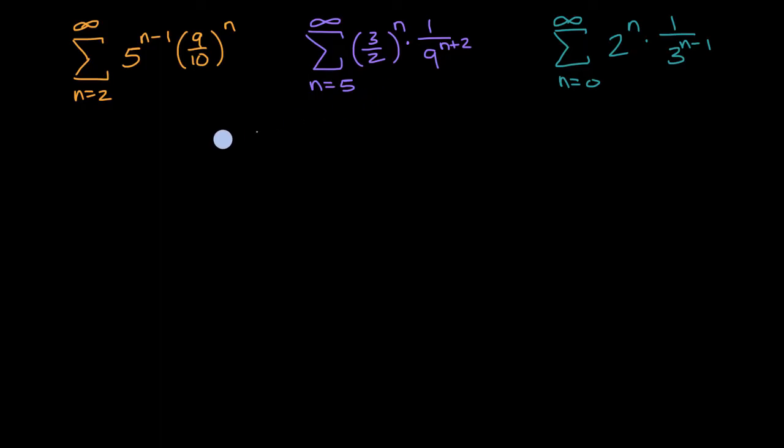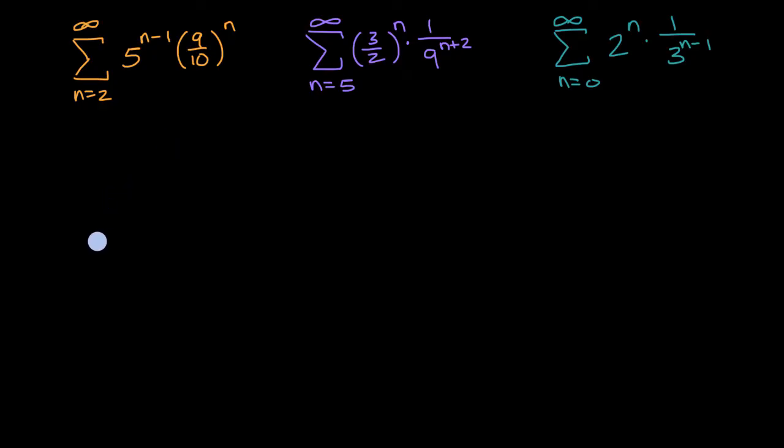Just as a refresher, converge means that even though you're summing up an infinite number of terms in all of these cases, if they converge, that means you actually get a finite value for that infinite sum, which I always find somewhat amazing. And diverging means that you're not going to get an actual finite value for the sum of all of the infinite terms. So how do we think about that?